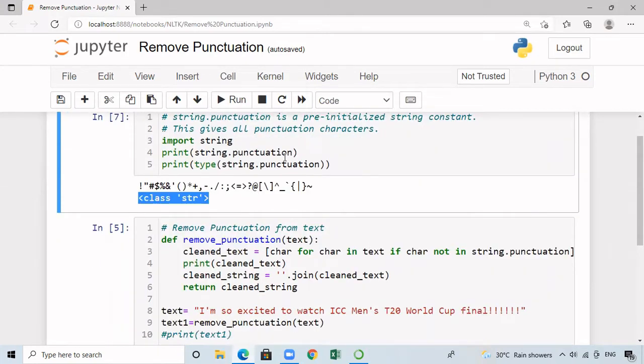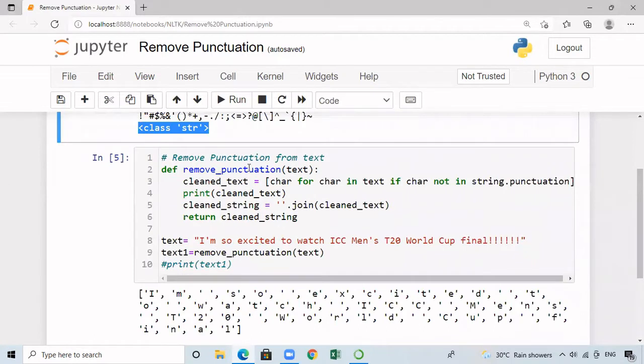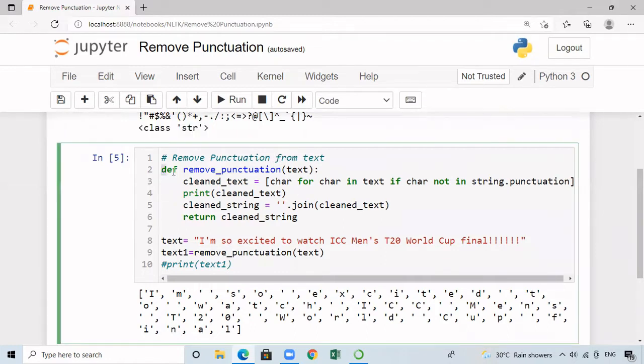Now we are going to write a user-defined function, remove_punctuation, and this function is going to accept a string as an argument. It will remove all the punctuation characters from that string and return the resultant string back to the user. So let's first define the function by means of the def keyword. After that, we are going to give the name of the function. Here, the name of the function is remove_punctuation. This function is going to accept one argument, that is a string. Here, I'm going to give the argument as text, and every function definition is going to end with colon.